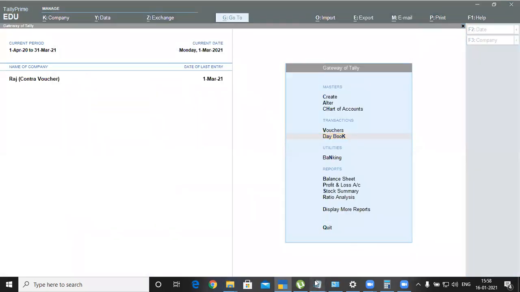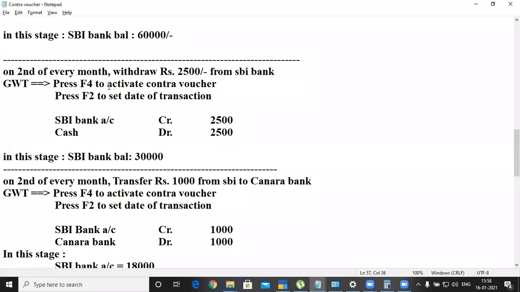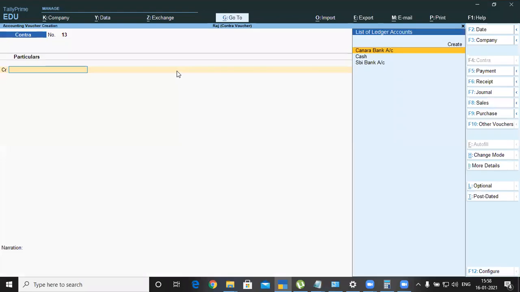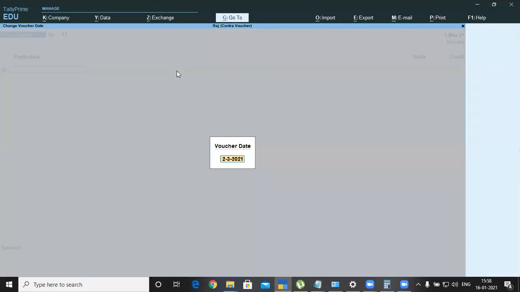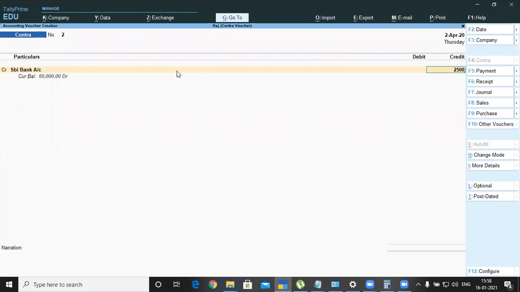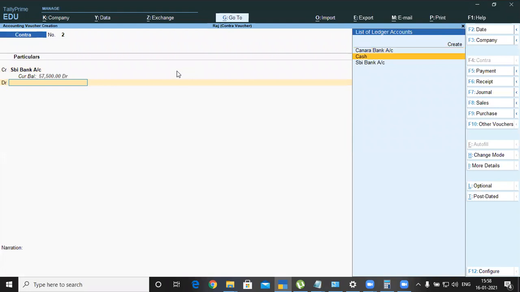Okay, so next the second of every month we are withdrawing. Again voucher, press F2, 2nd of April. So now who is the giver? SBI 2500. Then press Ctrl A. I'm skipping that because I don't have information details to be entered.